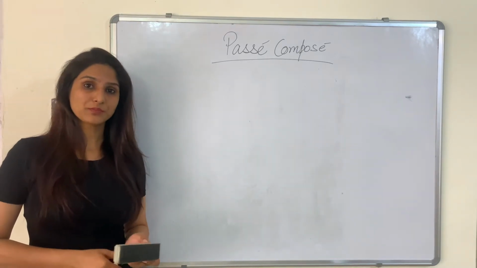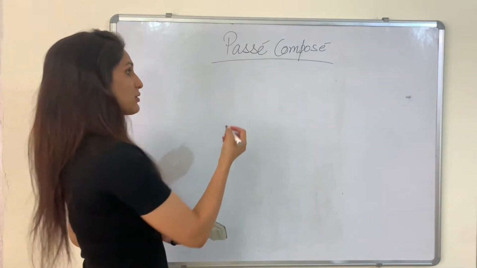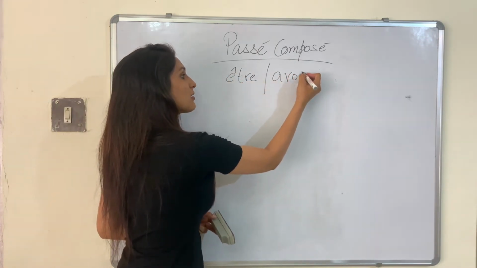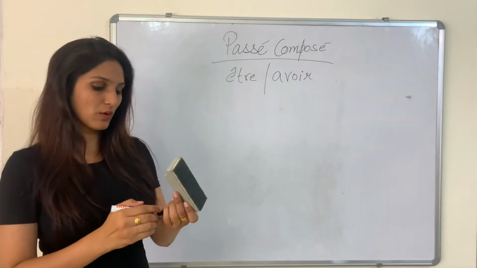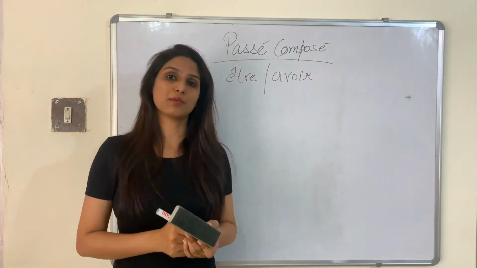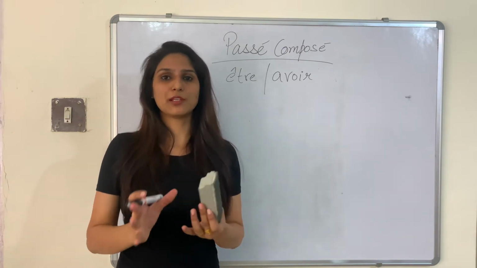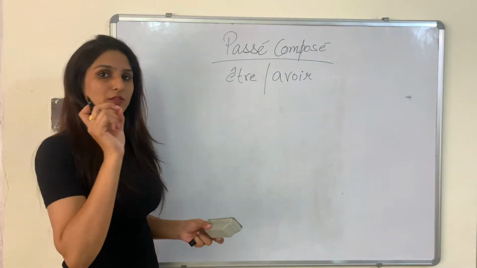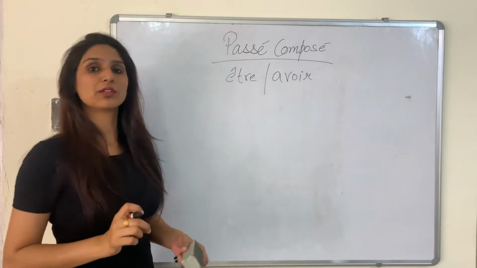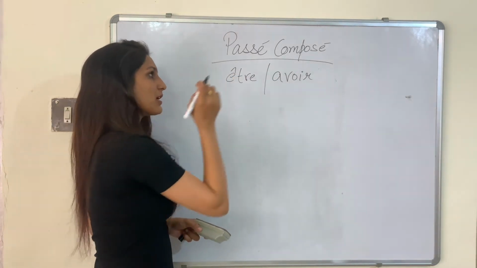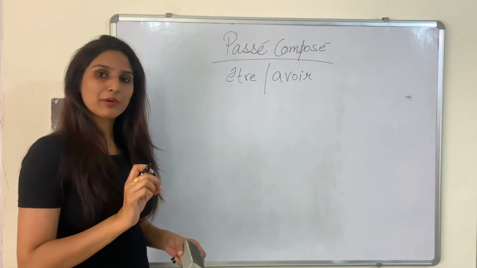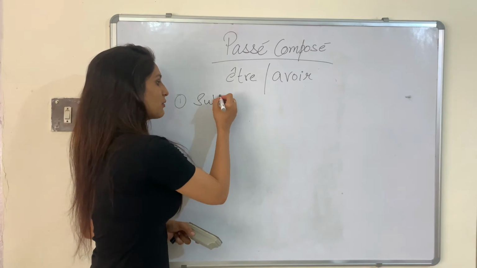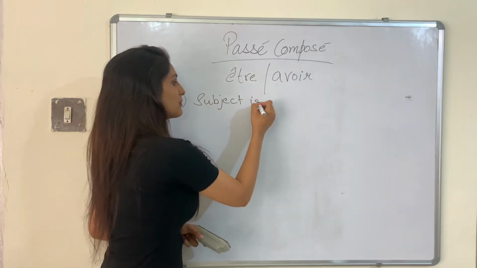Now passé composé actually uses the present form of être and avoir when you are making it. I'm going to explain in very simple language. I'm not going to use this and that of grammar. So two things to notice: être and avoir are going to be used when you are making passé composé, and how. One thing to remember is that first, when your subject is moving,